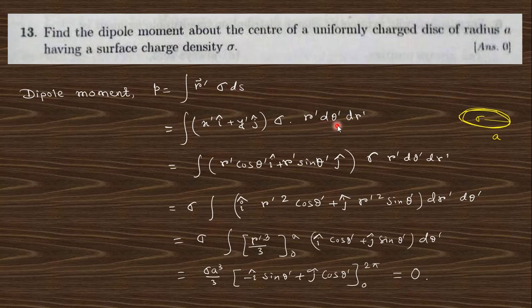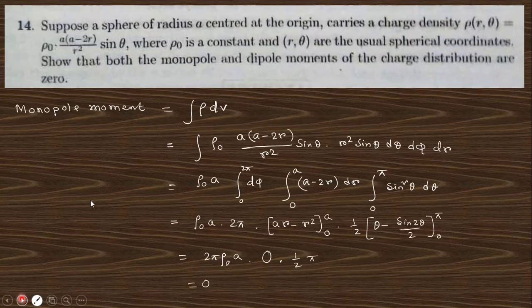In polar coordinates, ds is r d theta dr, putting in the values of x and y and then integrating. r is integrated first from 0 to a, and you will get this equation, and for the theta integration you will get this one. If you put in the limits, sin 0 is 0, sin 2 pi is 0, similarly cos 2 pi is 1 and cos 0 is 1, so the difference gives you 0. So 2 and 0 means the total is 0. Clear? Go to the next question.